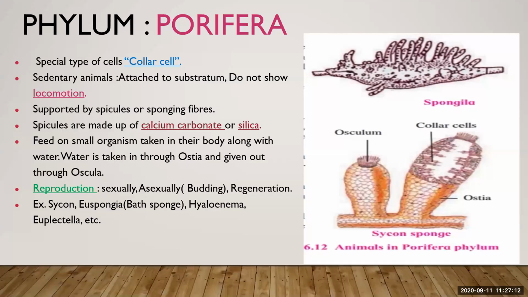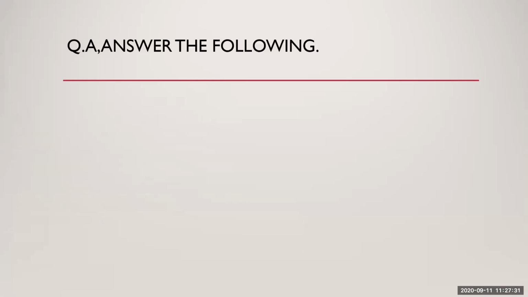This is all about the characteristics of Porifera. I just want to conclude with a revision of what we have completed in today's topic, phylum Porifera. In this chapter, we have studied what animal classification is, meaning dividing animals into groups and subgroups depending upon similarities and differences. The animal kingdom Animalia is divided into two sub-kingdoms, non-chordata and chordata.